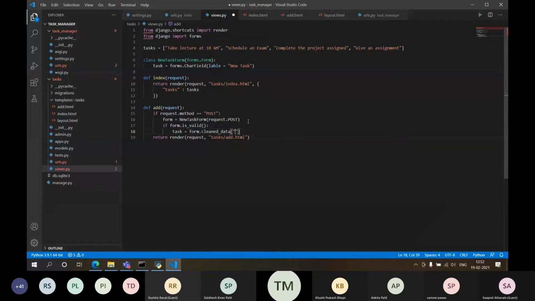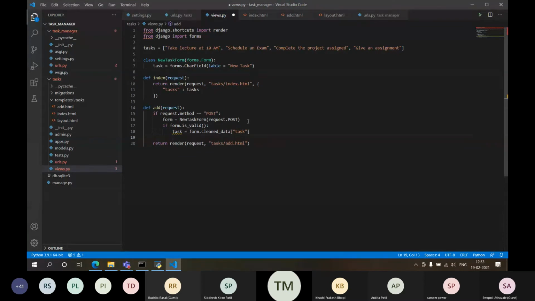Cleaning means if somebody has entered spaces before and after the name of the task or something like that, it should clean, because sometimes somebody tries to attack your application by using SQL injection. He enters some special characters and the database gets penetrated, and you get access to unauthorized data. So cleaned data cleans the data so that it will be secure.